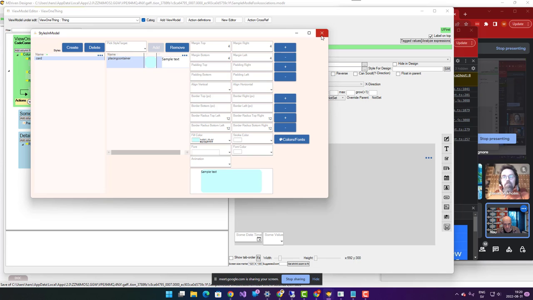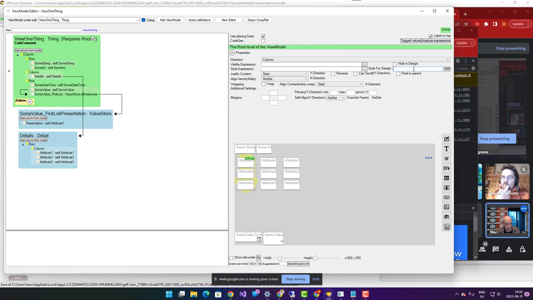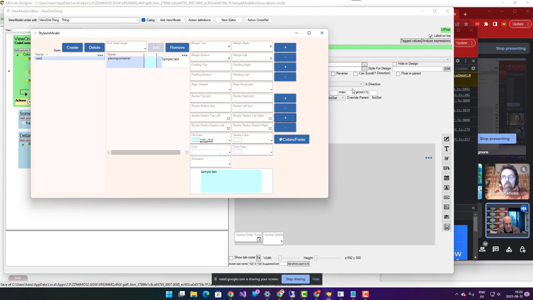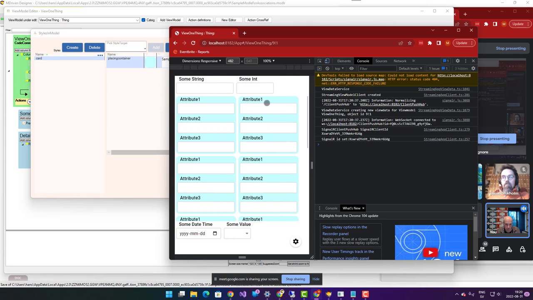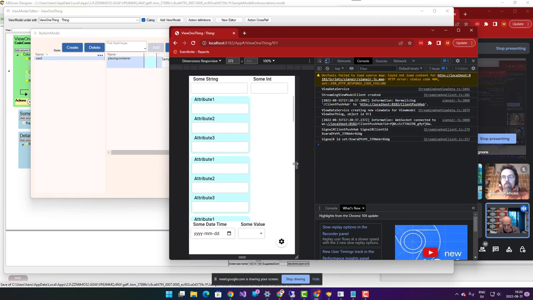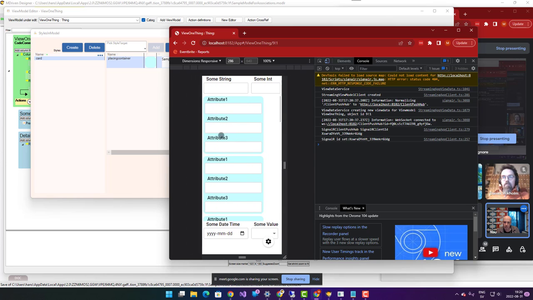And say that we want to use this on this placing container. So that's an expression, so we can change it with data, but so I have it as a string with quotation marks like that. And let's see how that behaves now. So now it sort of looks like a card. Might be a bit big for what we want, so then we could change the styles and force these,